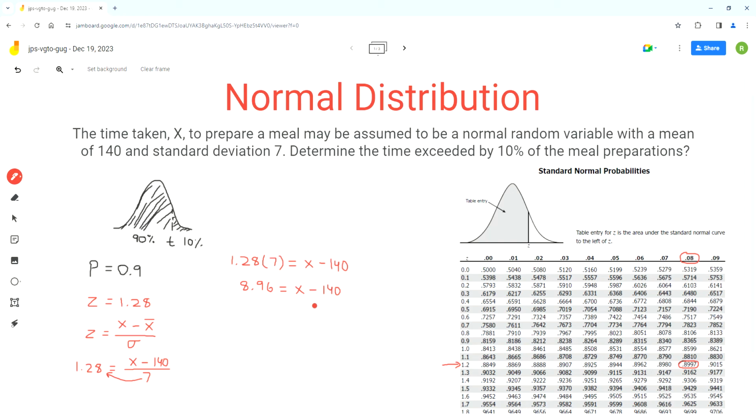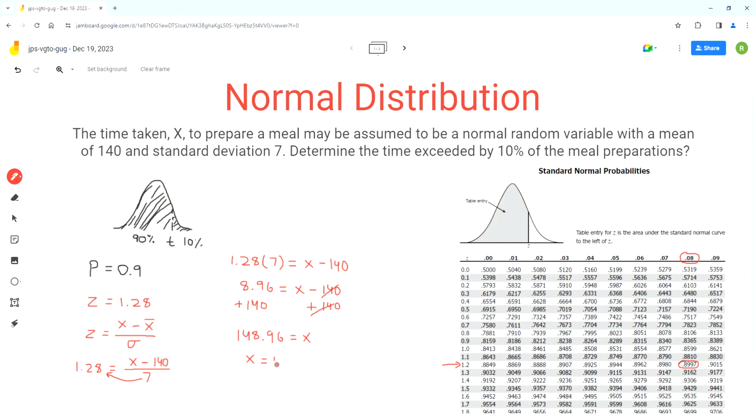Now we can isolate x by adding 140 to both sides. So 140 on the right side cancel each other out. On the left side we get 148.96 equals x, which can be rounded to